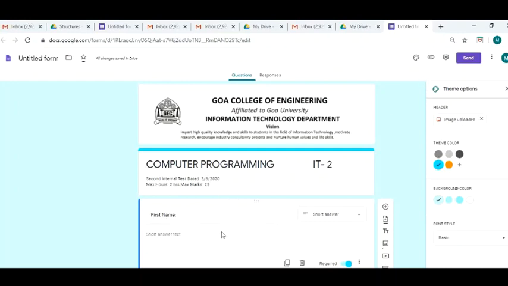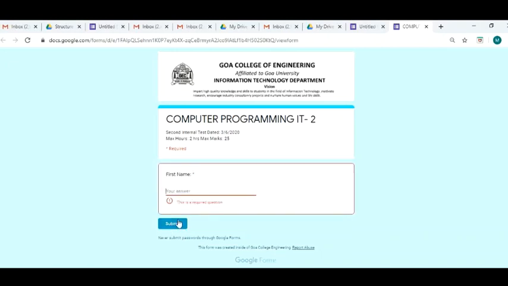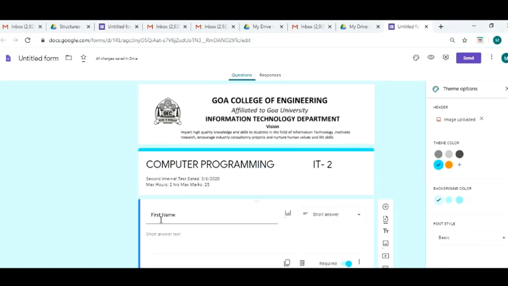So now let's see what the form looks like. It looks like this. So this is a compulsory answer he needs to put in. He will put in his answer over here, whatever it is, and then click on submit. If he doesn't enter something out here, this will say this is a required question. Now this is happening only because you chose required. So this is what it looks like when you put first name. I'll close this. I'll say leave. Okay, so the first name is done.